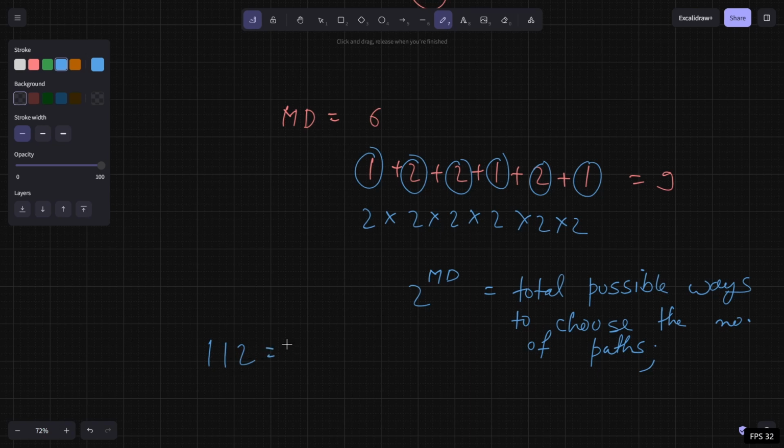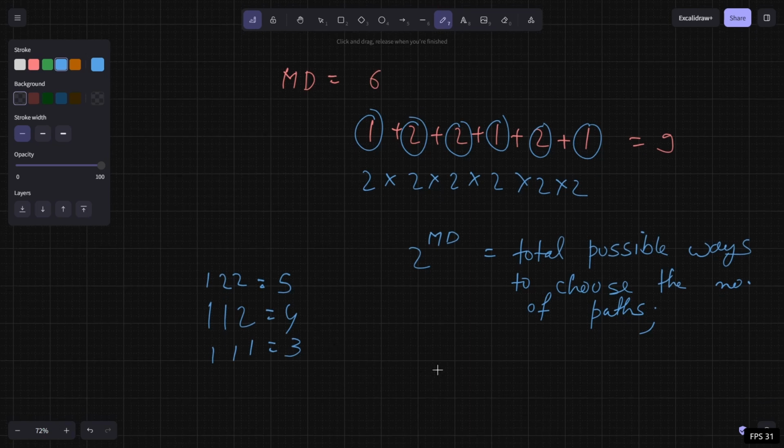Okay. 2, 4. Sum is 4 here. And if we flip any of this, for example, if we flip this, the 1 is going to become 2, so this is going to become 5. And if we flip this, this is going to become 3. So if you notice, if we flip any of these, it's going to change odd to even. So the total number of ways,